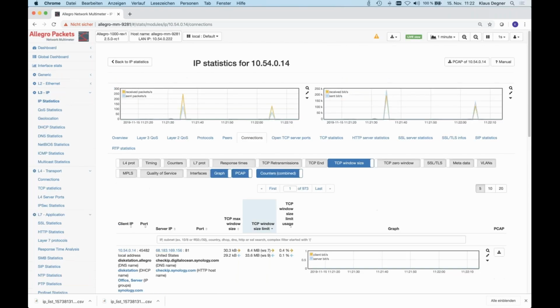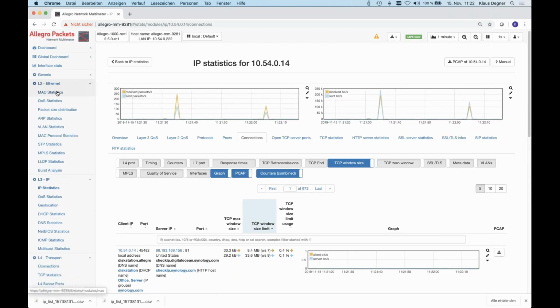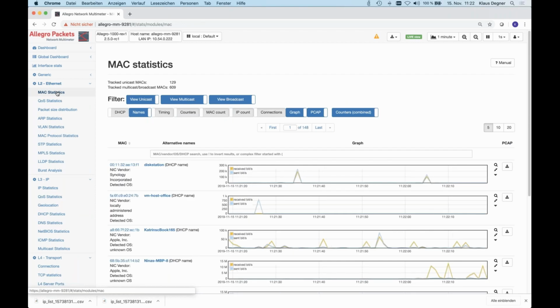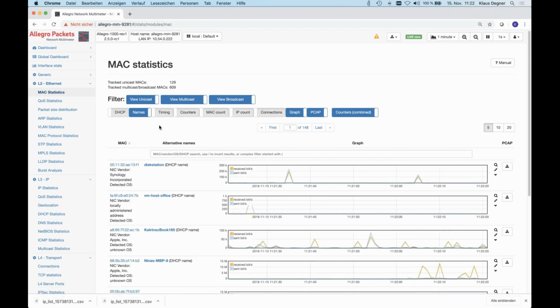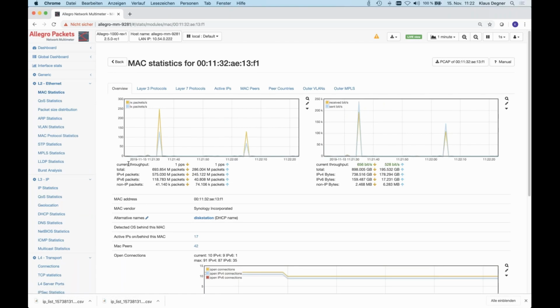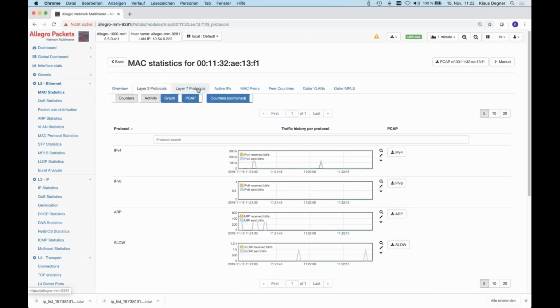Next item is we added a very simple statistics on the MAC layer. Release 2.5, we also show which layer 3 protocols have been used. Up to now, it was only layer 7. Now we also add layer 3 that you can see, oh, that MAC address used this and this protocol. So who used LACP, for example, and announced slow protocol packets? Did we see ARP traffic on that MAC address or not? And then we can extract here again.